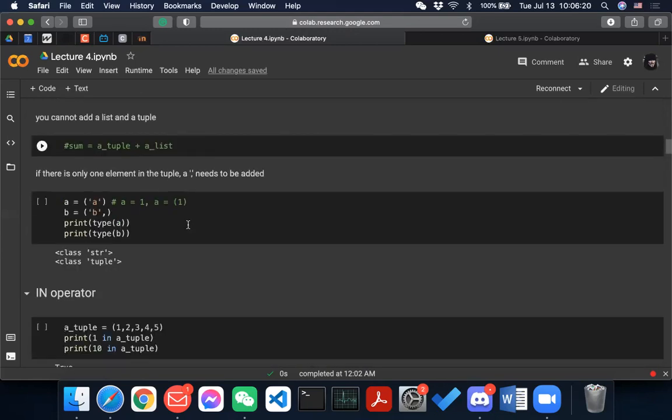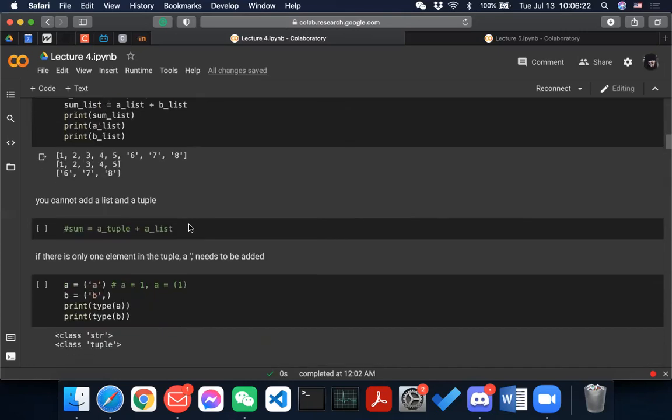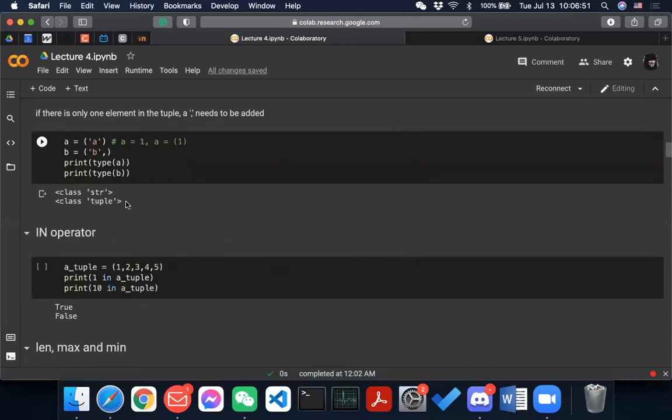Okay, and then yeah, if there is only one element in a tuple, a comma needs to be added, because when you simply add a bracket, it is just treated as a normal thing, because the bracket does not do anything. But for one element, if you add a comma, then it actually knows that this is the notation for a tuple.